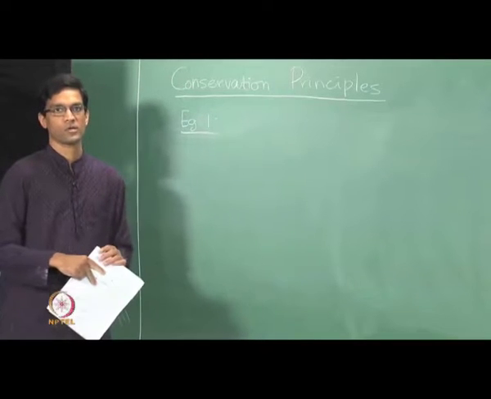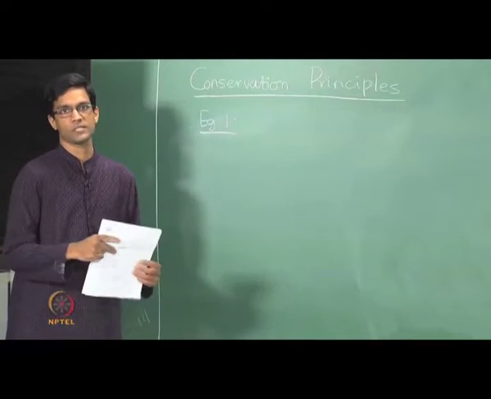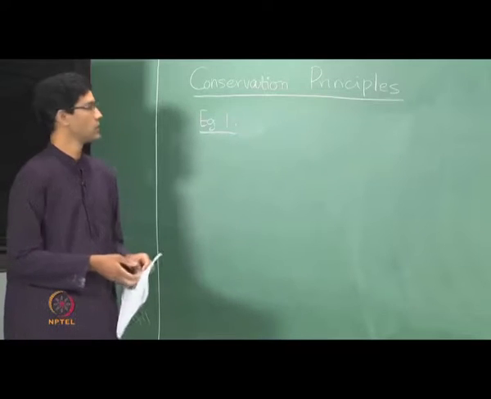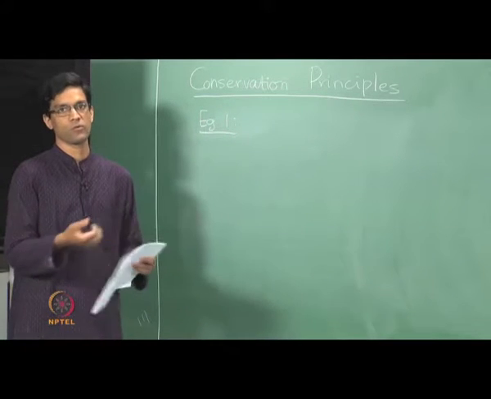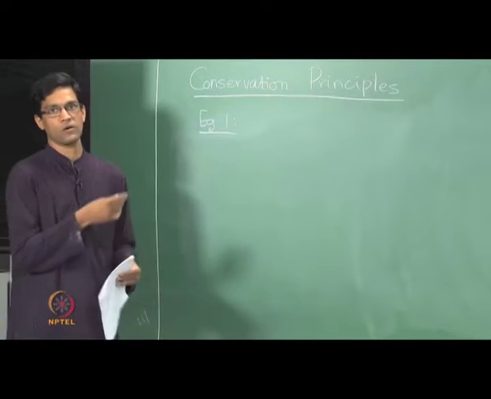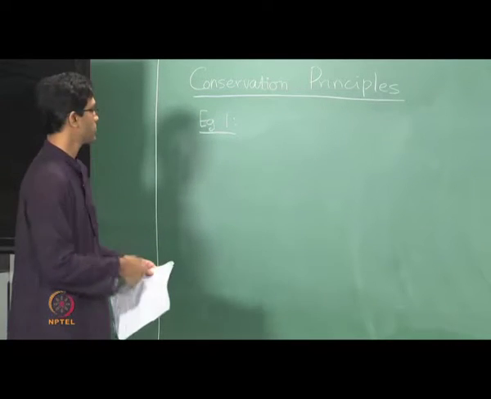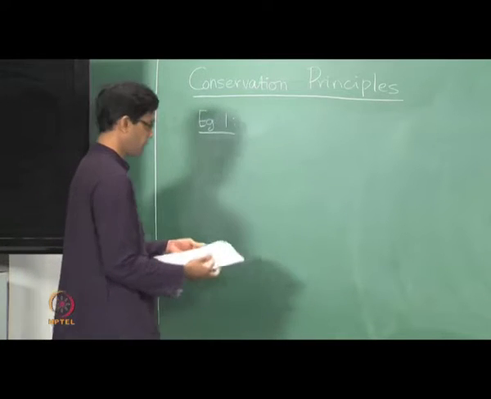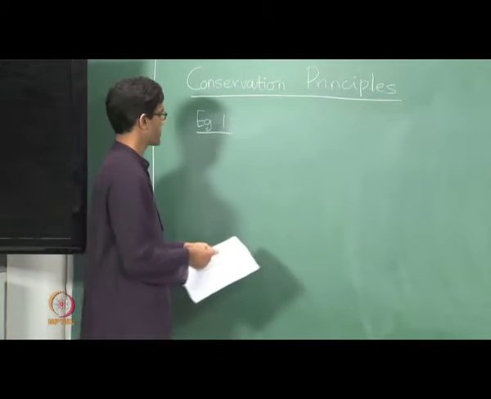Okay, so last time we talked about conservation principles through two examples, one in which the conserved quantity was the sum of the 4 positions of the 4 coins, the other in which the area of the figure formed by those points was the conserved quantity. So we will talk about a few more examples this time.